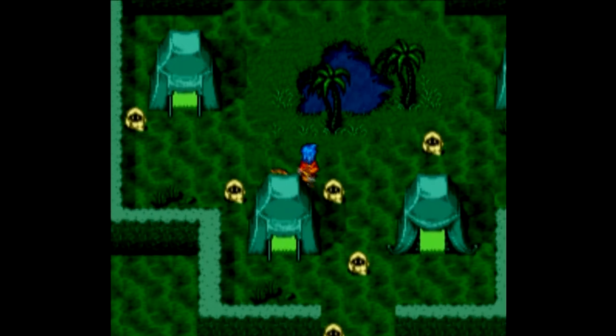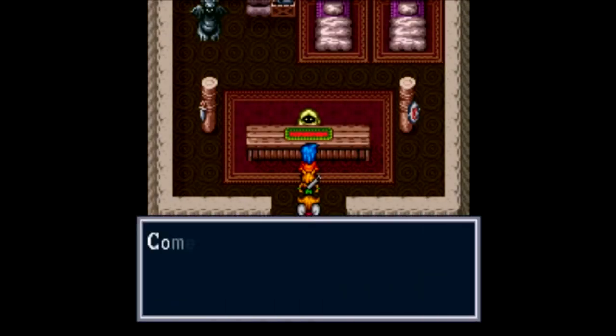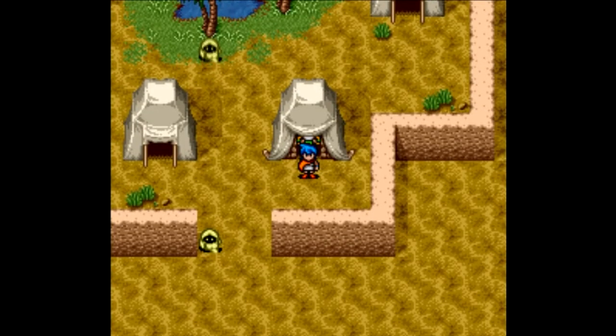But before we head on out to Crypt, I'm going to rest up at the inn, save my game, and then call this a video. Oh, I said I would save my game, didn't I? Well, I'll do that off screen. When we come back next time, guys, we'll head into Crypt and see if we can't find this Master Thief,